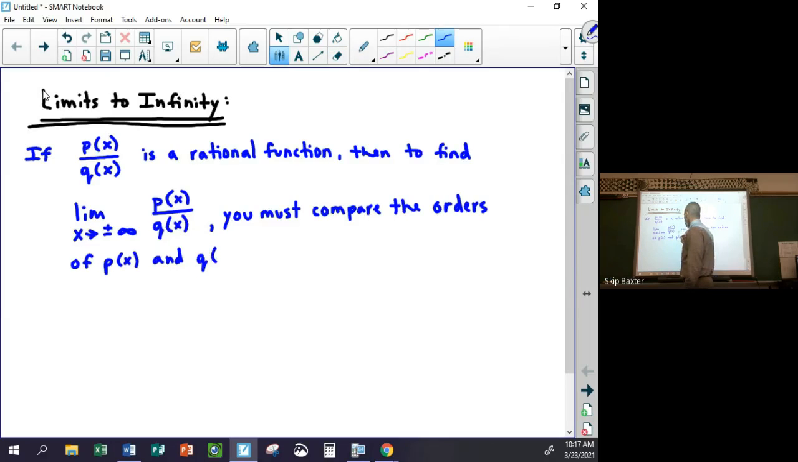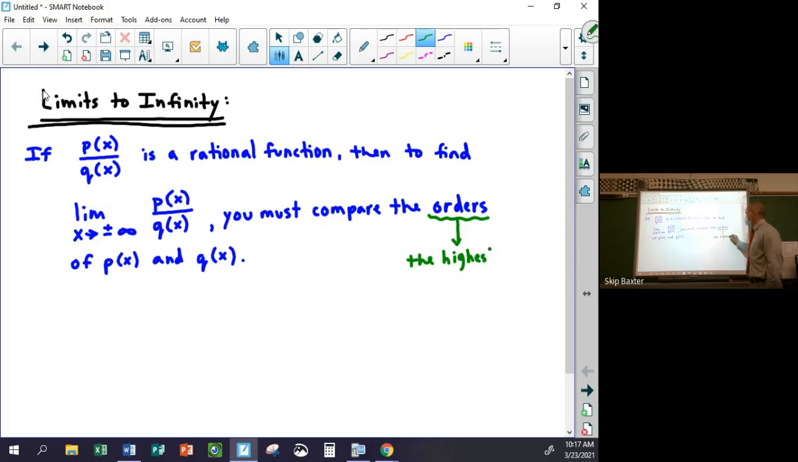Okay, so the order of a polynomial, maybe that's a new word, maybe not. The order of a polynomial is just the highest power of x that appears. That's what the order is. It's the highest power